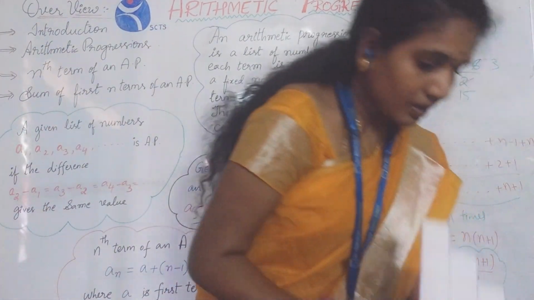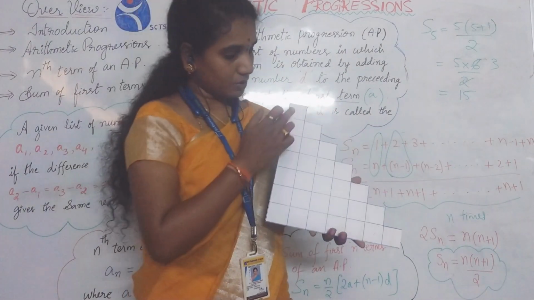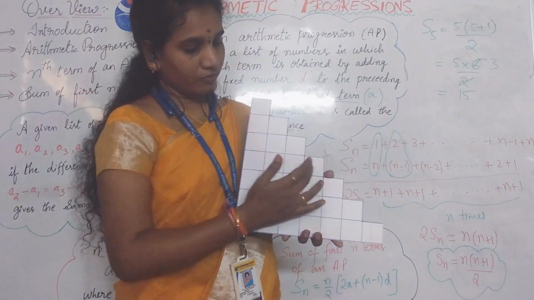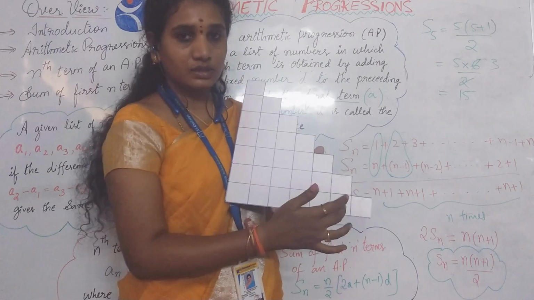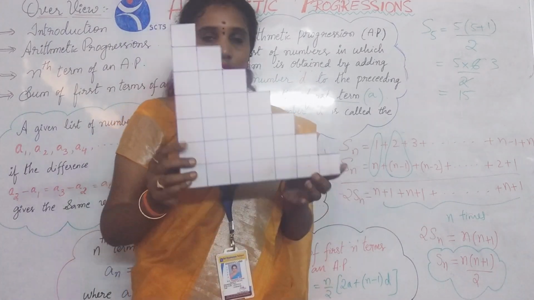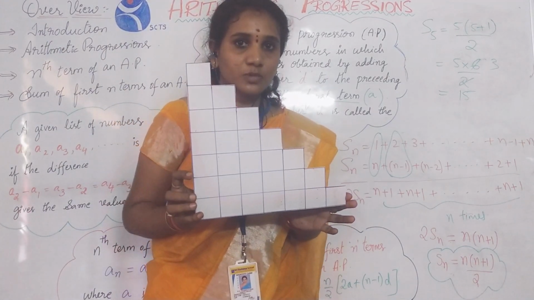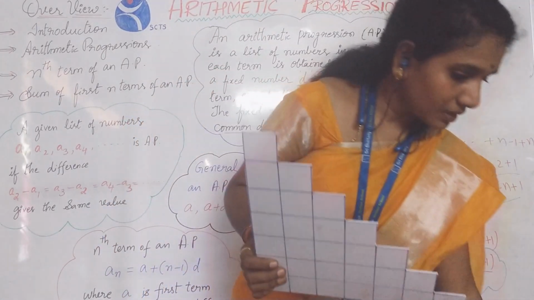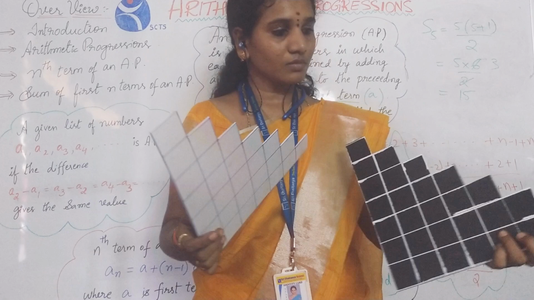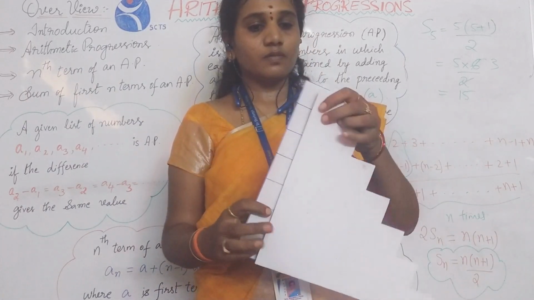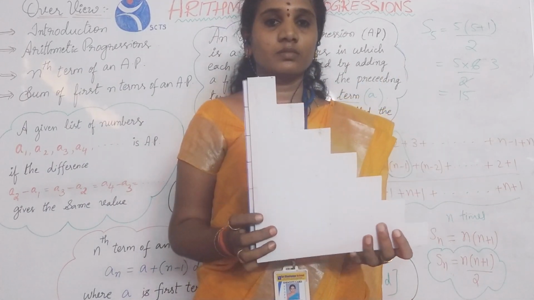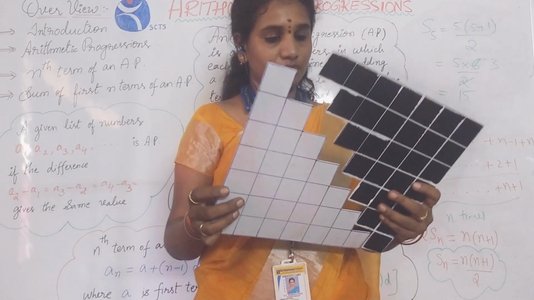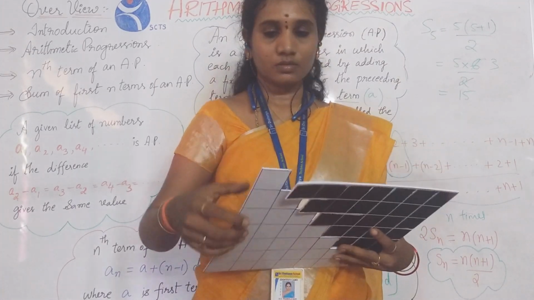So I have taken 7 natural numbers: 1, 2, 3, 4, 5, 6, 7. Now I need to calculate the area of this, or the sum of these numbers, using the area of a rectangle again. I am taking the replica of this. I have taken the replica of this. Now adjust this to fit into this.